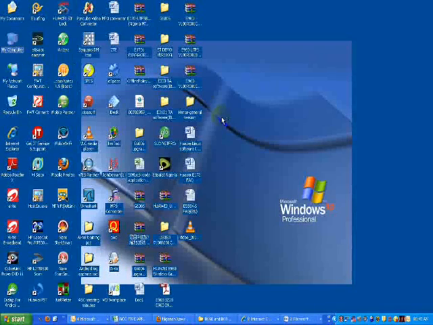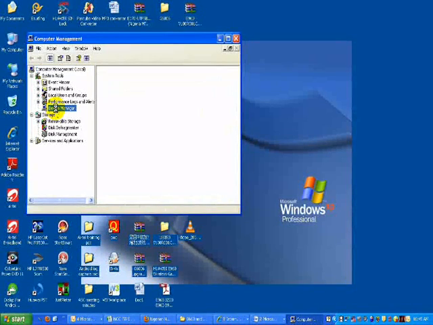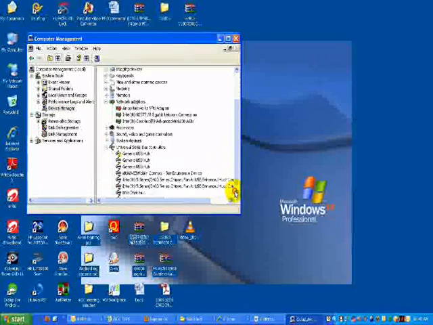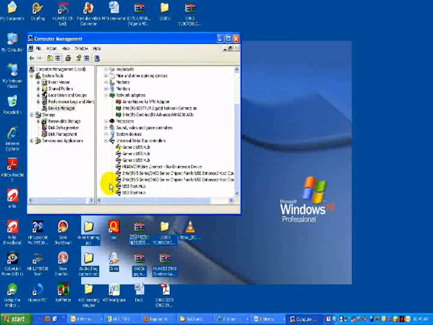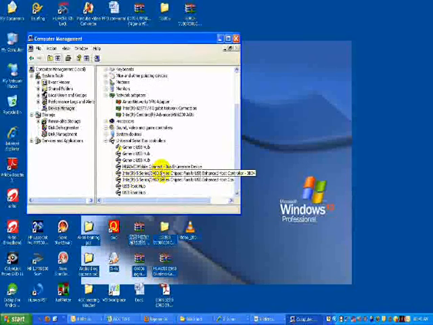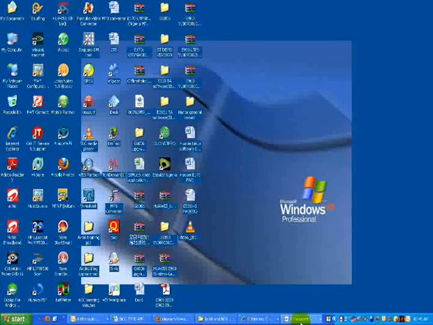You click your Manage icon, click your Device Manager. Okay, from this point you can see that your device is completely installed. That's that point. Then the next question is